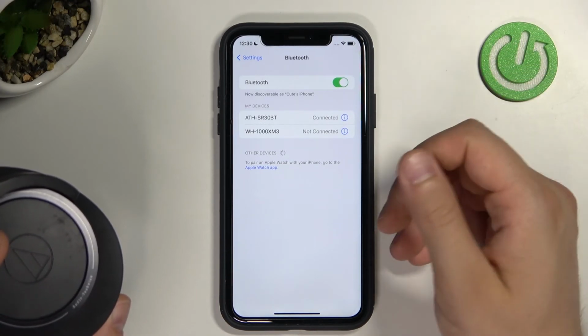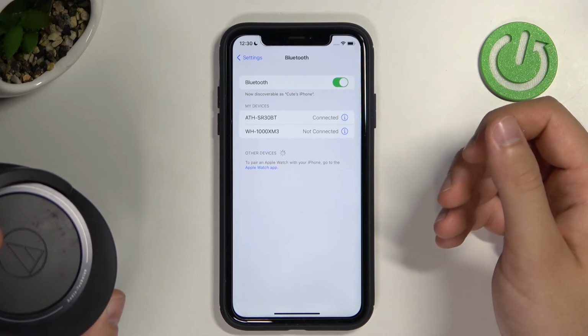successfully connected. So that's how you can make it, and if you find this video helpful, remember to like, comment